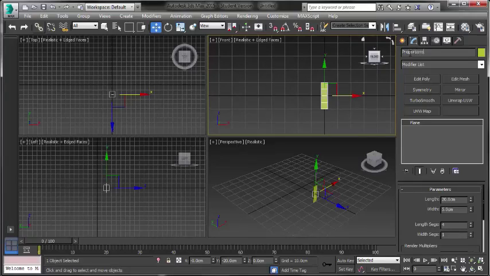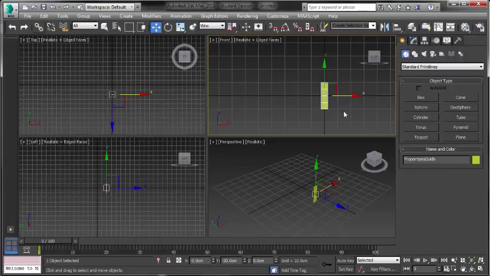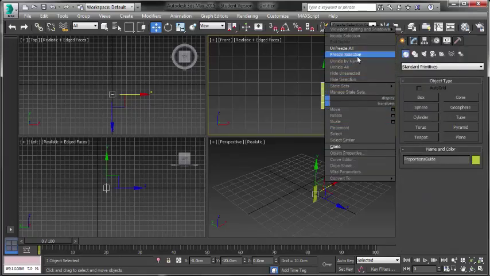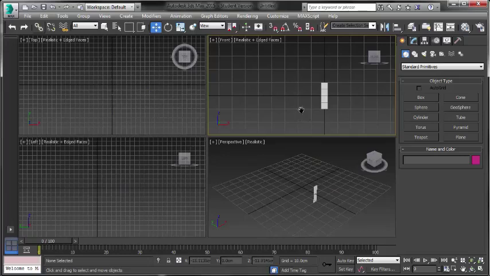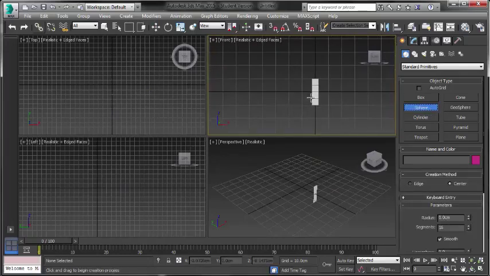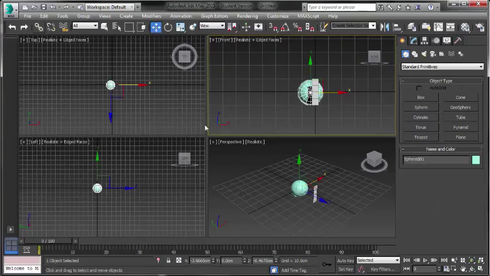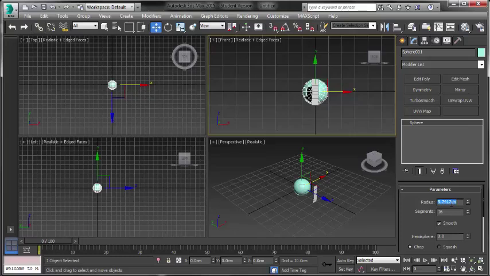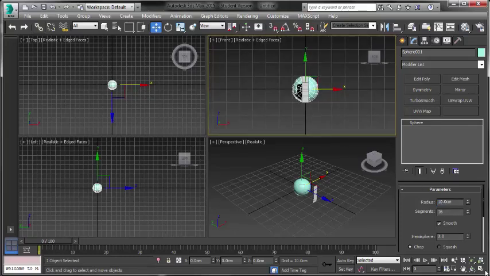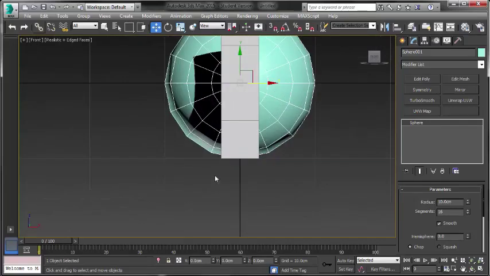Just moving this forward, making sure it is 0 out in the X and the Z, and we'll bring it forward about 20 centimeters in minus Y. Then renaming it to proportion guide and freezing that selection. And then I'll create a sphere in the front viewport,